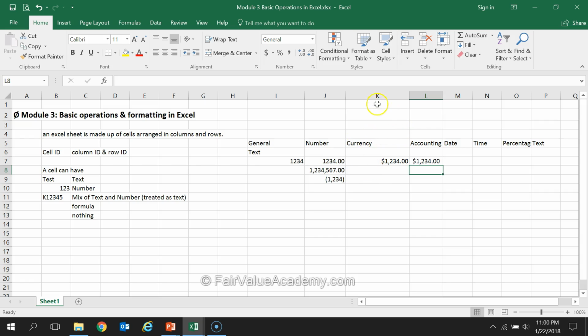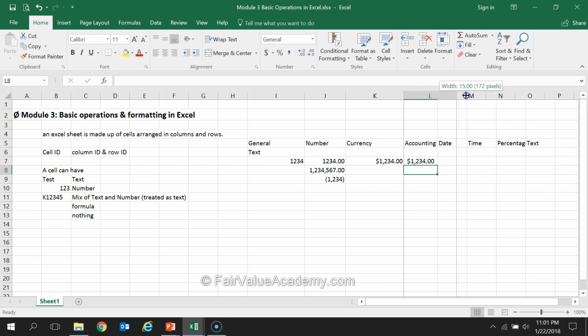If you want to change the width of a column, you bring your cursor. Right now, if you see the cursor, it is a dark black downward arrow. When you bring your cursor in between the 2 columns, the column which you want to change and the next column, the cursor changes to a vertical line with 2 horizontal arrows. At this point, you keep your left mouse button pressed and drag the mouse to the desired width and release it. I will do the same for accounting.